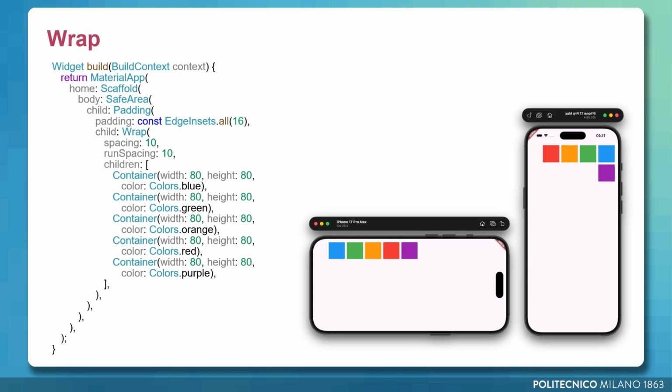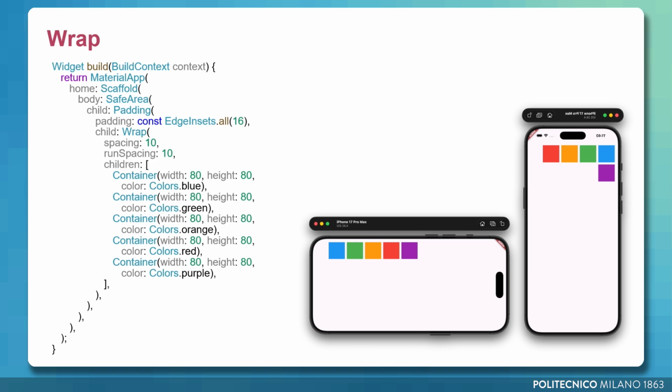In this case, its child is padding, which we have already discussed, and its child in turn is a wrap, where spacing 10 defines the horizontal space between items, and a run spacing 10 defines the vertical space between lines. This means that a wrap allows widgets to automatically move to the next line when there is not enough horizontal space. If we used a simple row, we would likely end up with an overflow and the layout would look